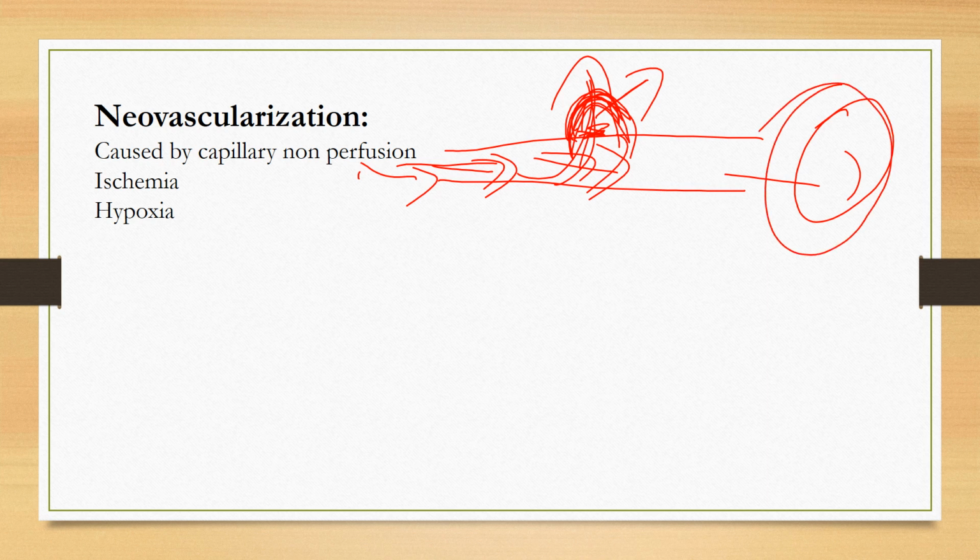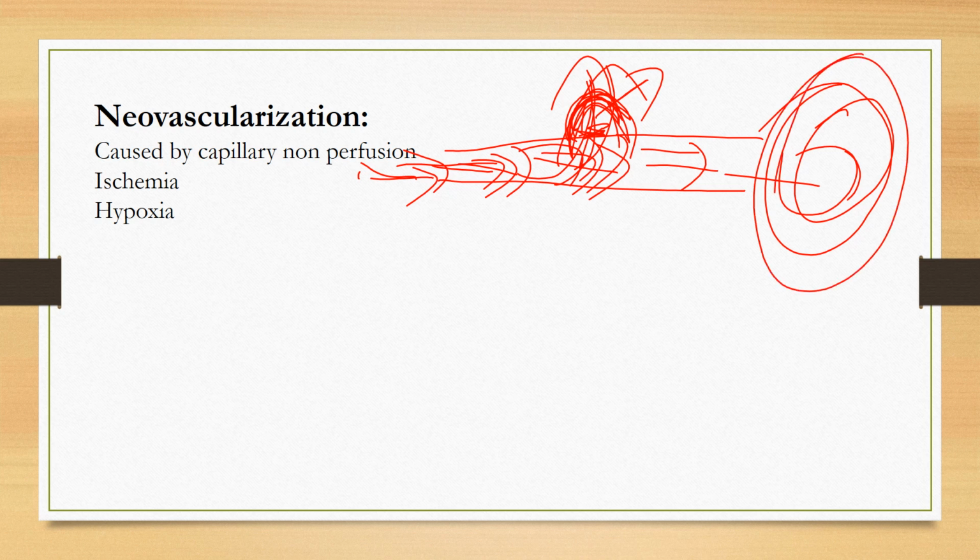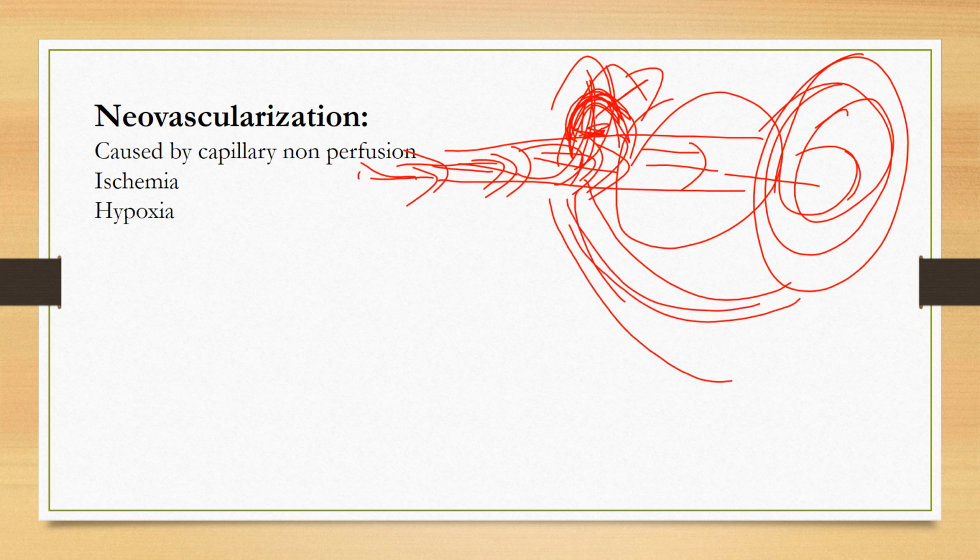In the same way, consider this as a blood vessel circulation. The blood keeps passing. Instead of going here, it gets released here itself. So here there is no blood. This area of retina is going to starve for nutrition. So what your body thinks is that this blood vessel is not working. So it will start producing newer blood vessels to this particular area. This process is called neovascularization.